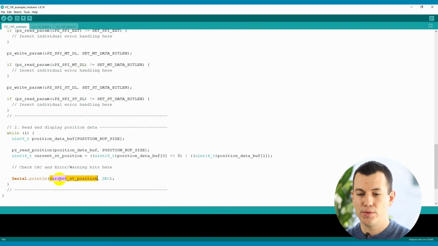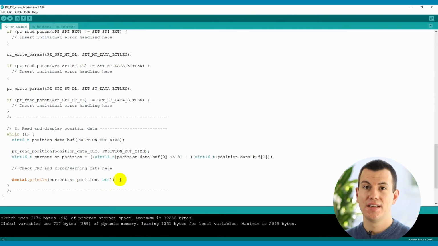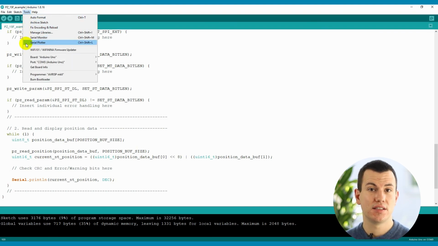Then I'm throwing in the data that I want to print, and I'm giving it a format. We want to print it in decimal. So let's compile it and see what we are getting when starting our drive. Our sketch has just been compiled without any errors. I have already uploaded it to the Arduino, and we are now ready to display the single-turn position in the Arduino IDE. Therefore, I'm going to Tools on top, open the serial plotter,